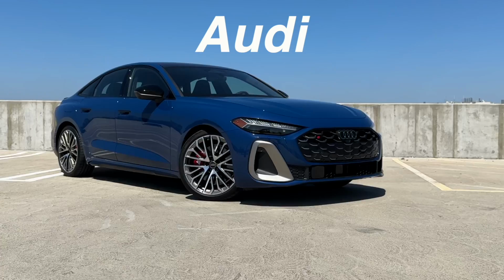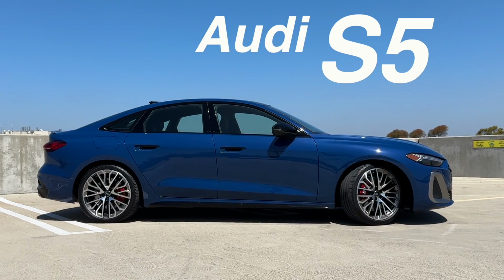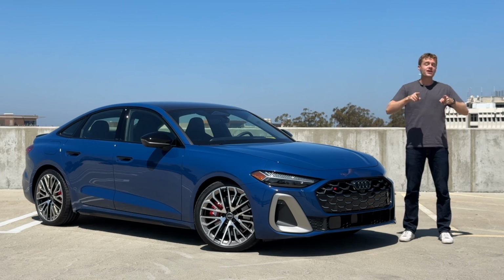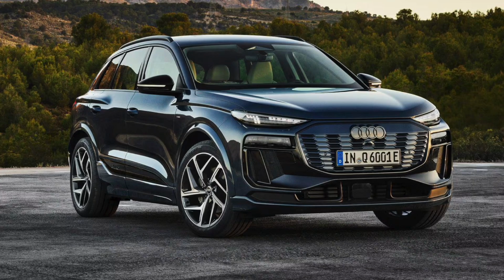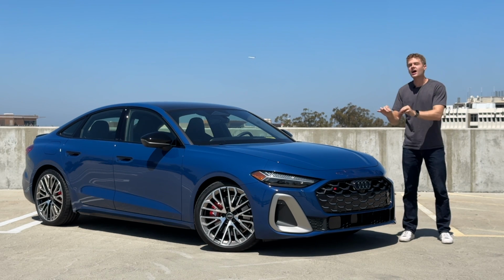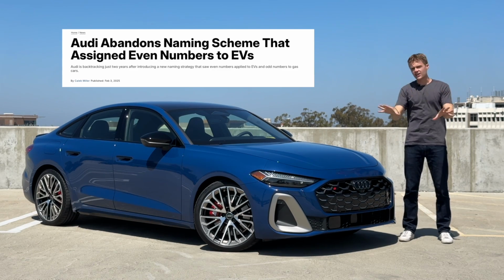Beside me is the new Audi S5, and to fully understand this vehicle, we need to dive into a little bit of nomenclature lore. You see, as Audi was electrifying for a brief period of time, their plan was to make all of their even-numbered vehicles, so think Audi A6, A4, A8, Q4, Q6, etc., fully electric, while all of their odd-numbered vehicles were going to be only gas. And then they realized, well, that's going to confuse a lot of customers, and so they've kind of ditched that